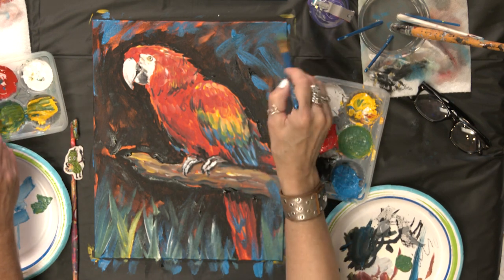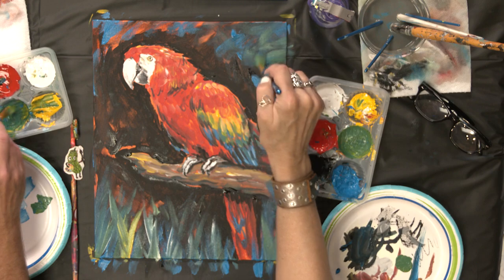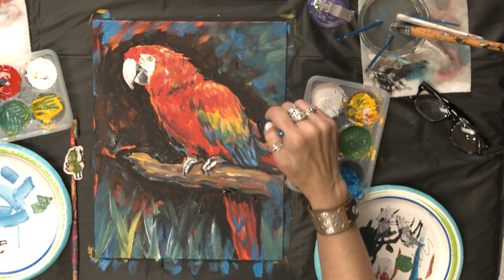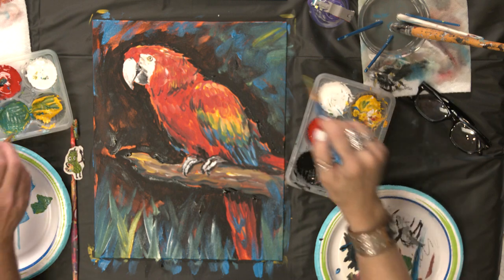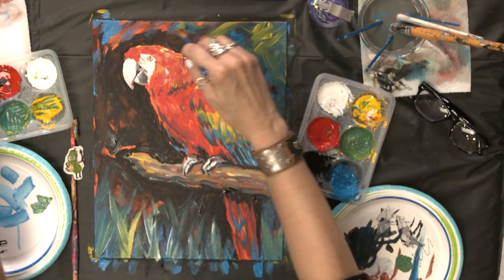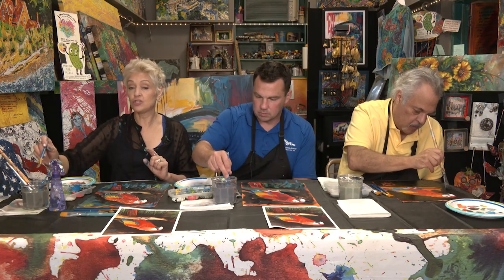If you want, you could even put a hint of some green up here. Like maybe there's a suggestion of leaves or something, right? There's no right or wrong. It's your painting. I feel like I might want some yellow up in there. All right, but we are going to